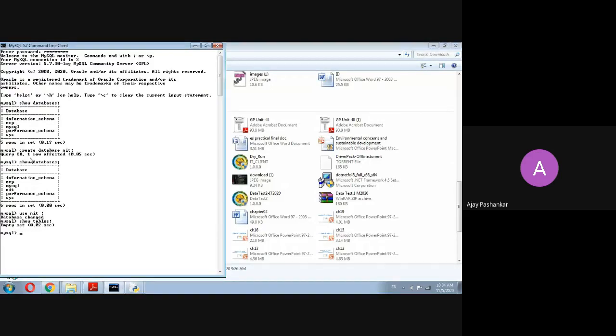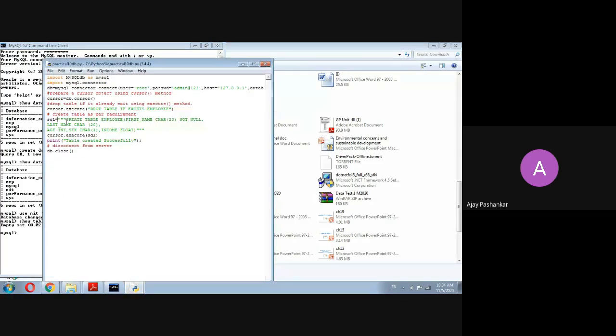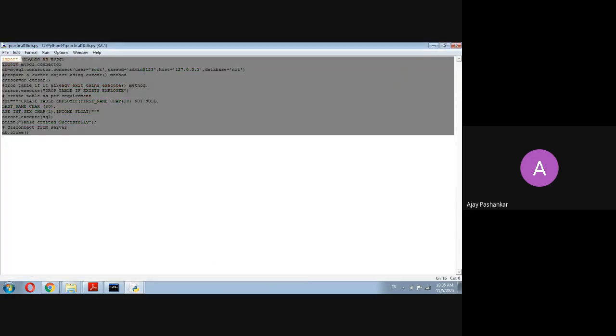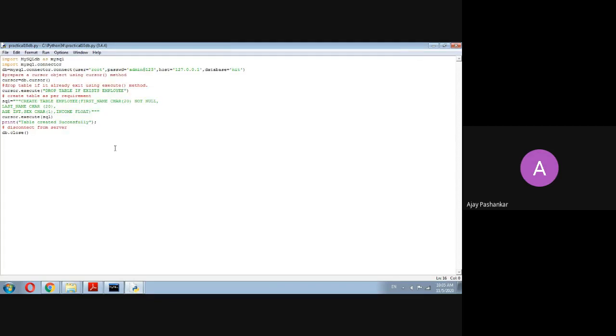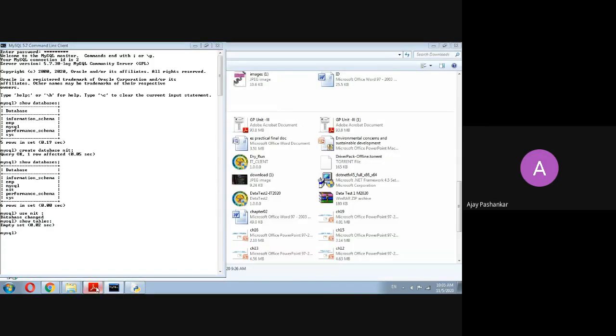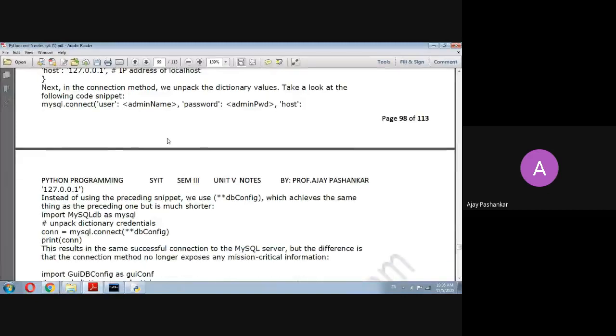But one thing is clear: how to create a database, how to change the database. MySQL is easy; the coding part is different. From the next practical onwards, I'll be using that on my laptop, where it is properly installed on 64-bit. So those who have 32-bit PCs, kindly upgrade to 64-bit. It will be beneficial, I hope. This practical part will continue in the next lecture.